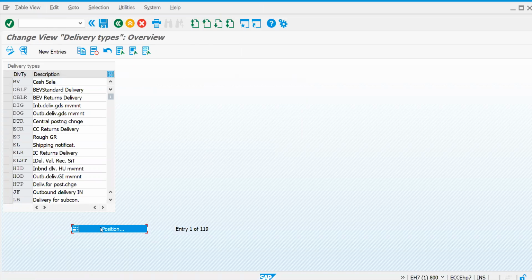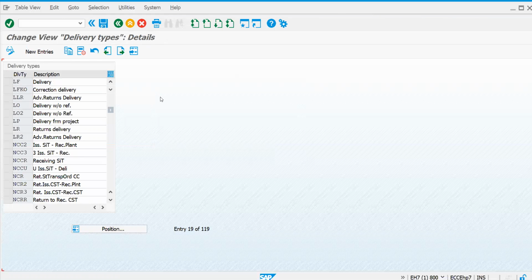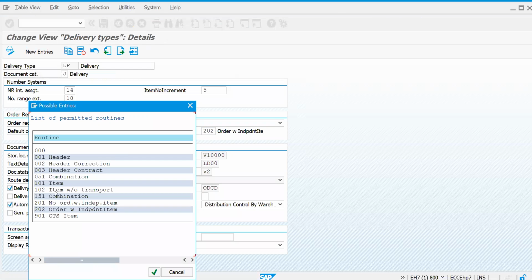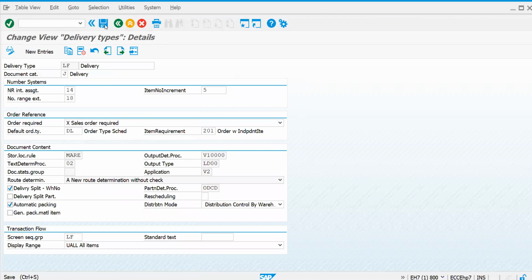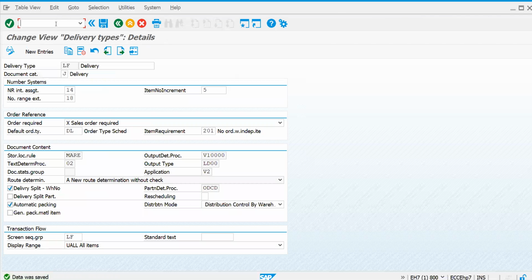It shouldn't be allowed to change, but for our testing, I'm just changing it. When you change, you should reset it back. So now I'm putting no order with independent item. Okay, let's change this. Generally this routine will be there for your LR.